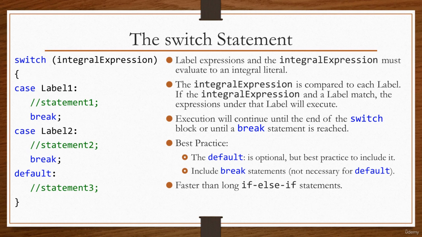The runtime performance of the switch statement is better than what you have with these long if-else if statements that we had in the previous lesson. When the switch statement is compiled, the compiler will basically create a jump table that it will use to determine the path of execution, so where the execution should jump to, depending on whether or not you have